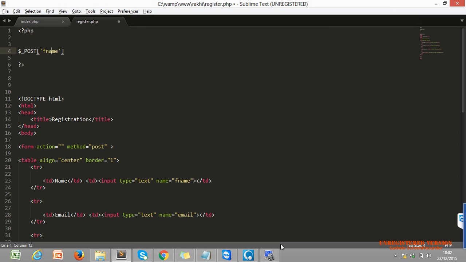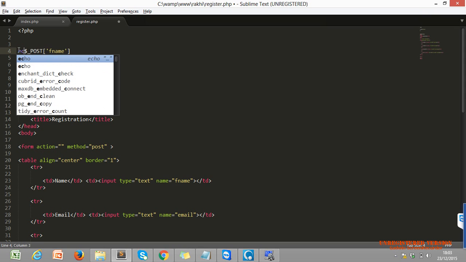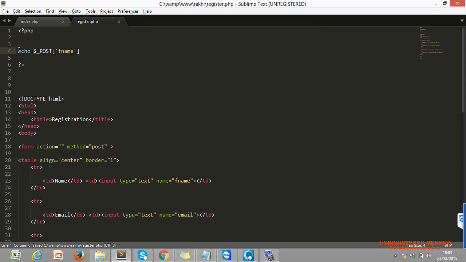If we are using the post method, then our data will be sent in hidden format, but in variable and value format. So they take this name fname as a variable, and whatever the user enters into our text box will convert into the value of that variable. So we are catching that variable, nothing else. Now I'm just trying to echo it.